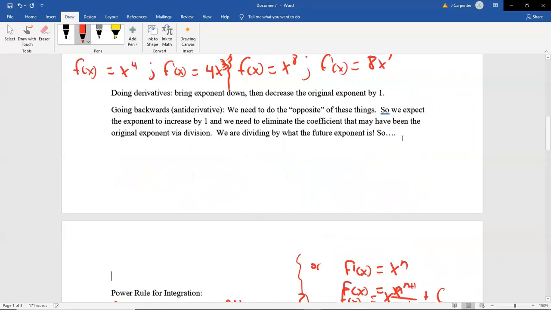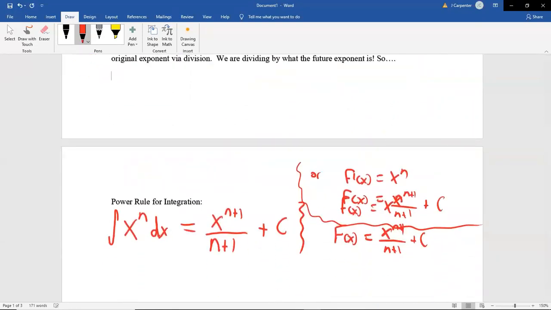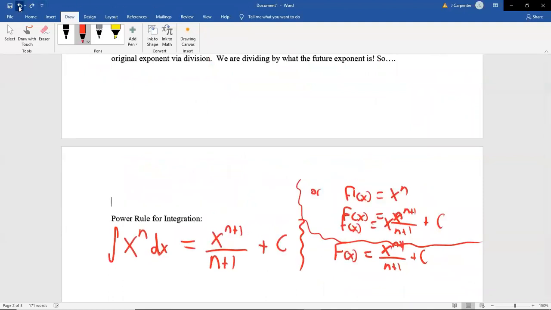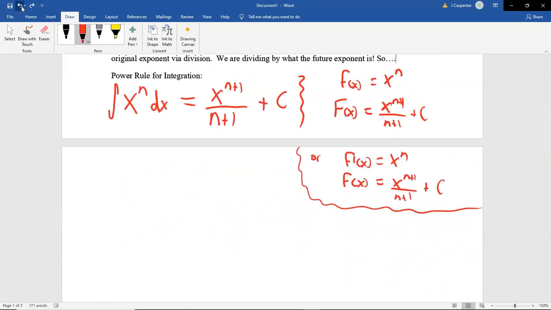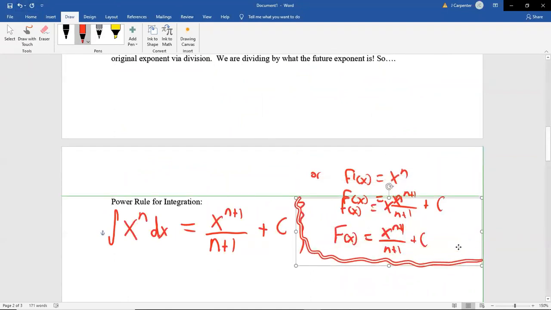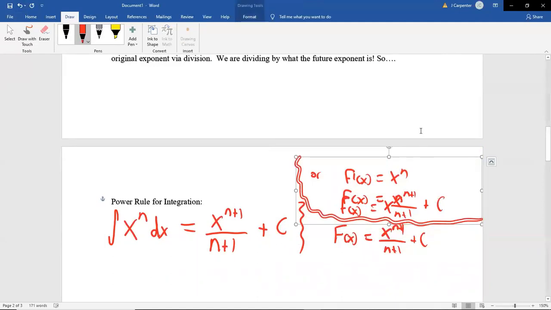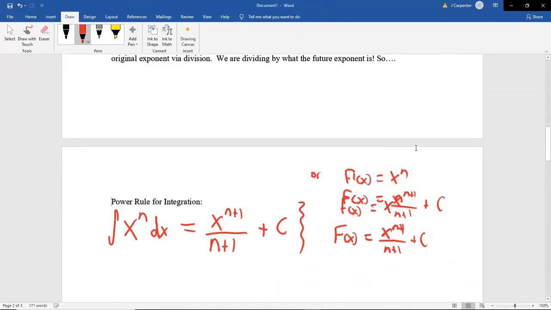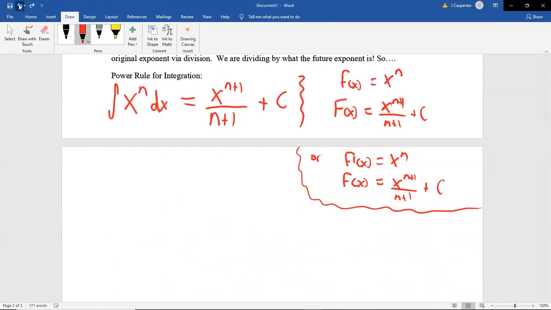If I just do this, there we go. My squiggle looks a little off. Drag that. That looks awful. Everything just got squished on itself. I don't want to have that moved. Sorry. I'll rewrite that for the next time.